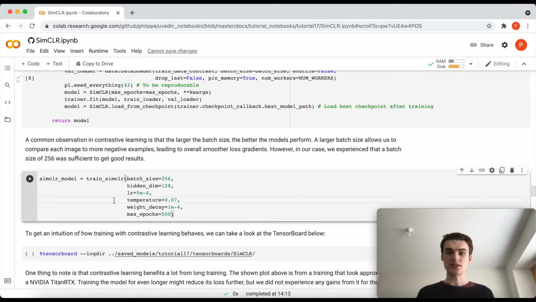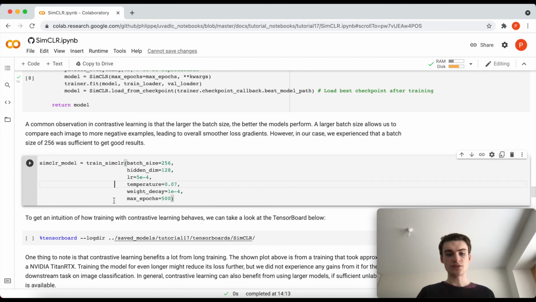The batch size is often also an important parameter, so you can use even larger batch sizes. Usually if you have a lot of data, it's shown that the larger your batch size, the better the results. But here, because we don't have an infinitely large dataset, 256 showed to be already sufficient. And the other parameters like the temperature, you also have to adjust for the batch size, as well as the